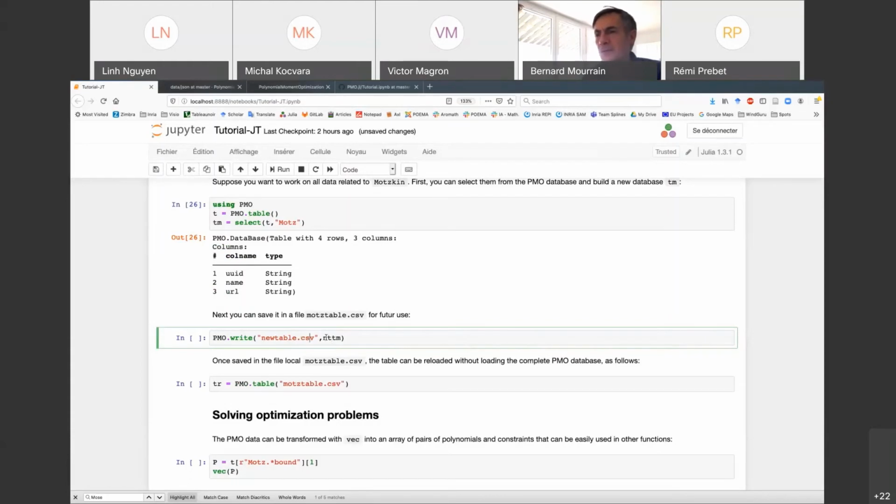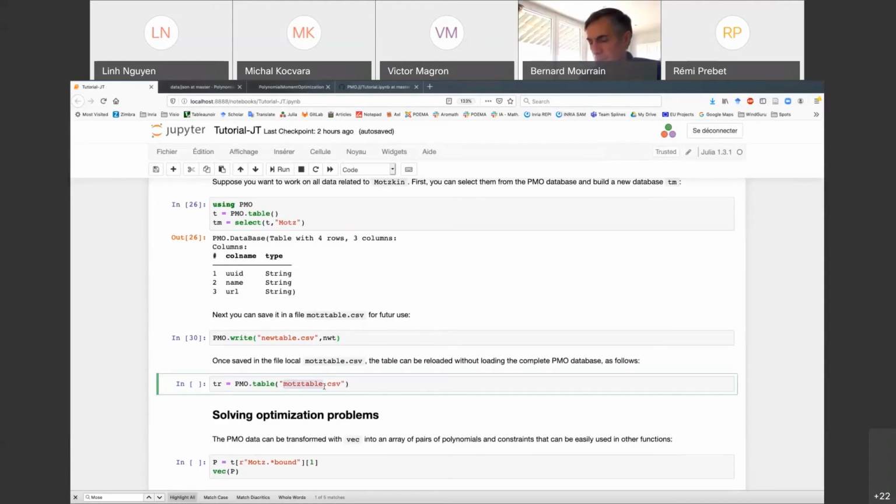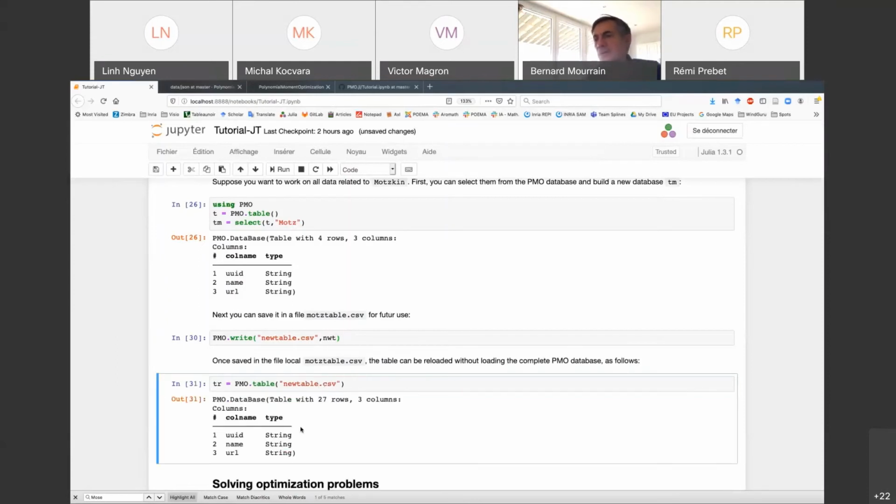And I will use my tables that I've selected here. So it's writing this file, saving it. So for the next time, if you want to use it, you will be able to recover it with this type of instruction. So now we see TR is this new table created from the file new table here.